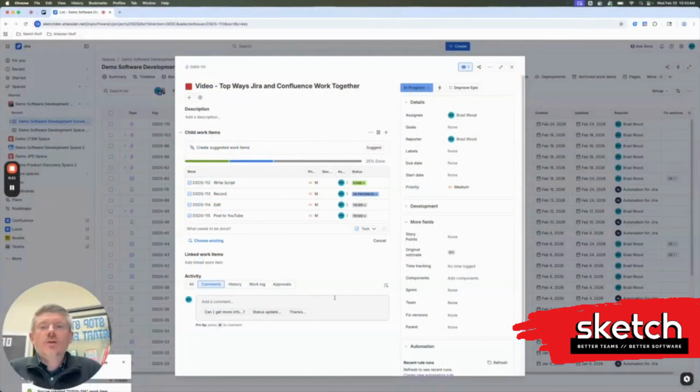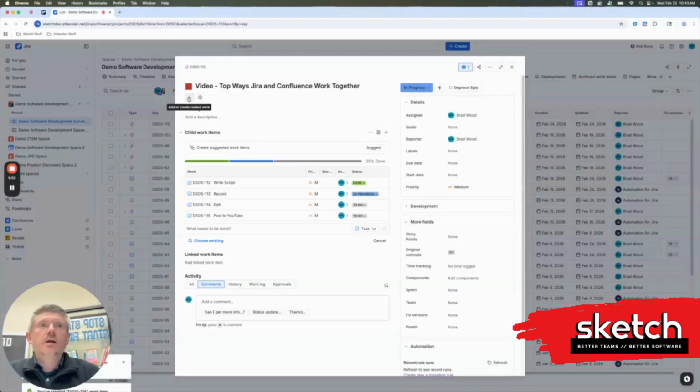All right, so we're going to start on the Jira side, and let's say we have a work item in Jira, but we need to create documentation related to it in Confluence, and that could be design notes, implementation details, etc. And rather than creating the page from scratch, we can use a variety of methods to do some of the work for us. So the first way I'm going to show is if we head up here to the